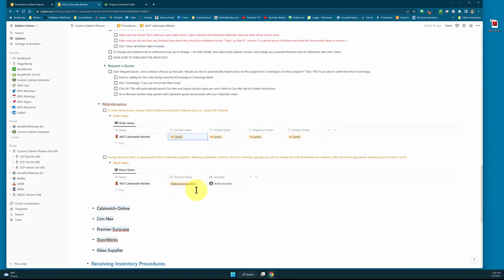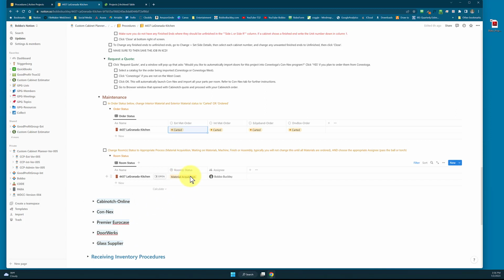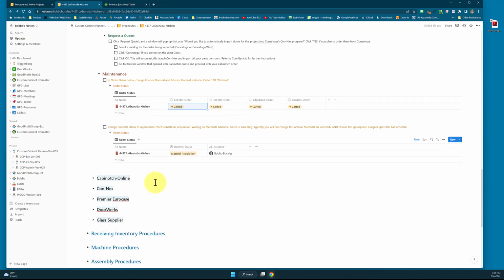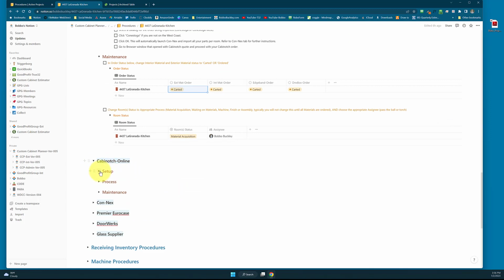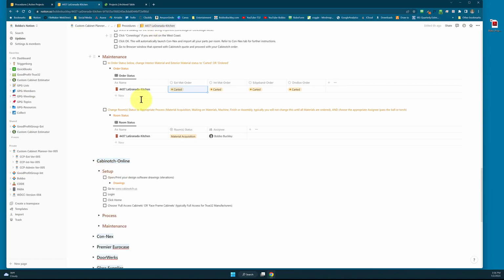So I would stay in each of these categories. I would leave this room status in material acquisition until I get to the last item and everything's been ordered, and then we would change this room status. So now let's just peek into this Cabinetry Online because it's mostly redundant to what's up here other than it